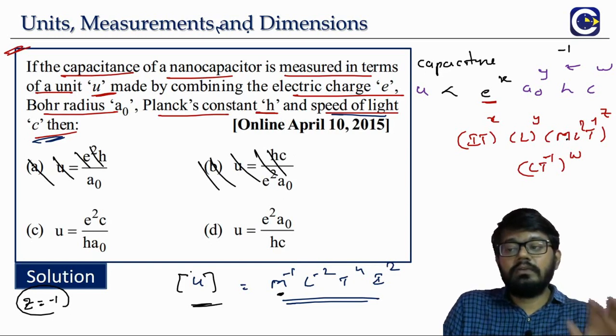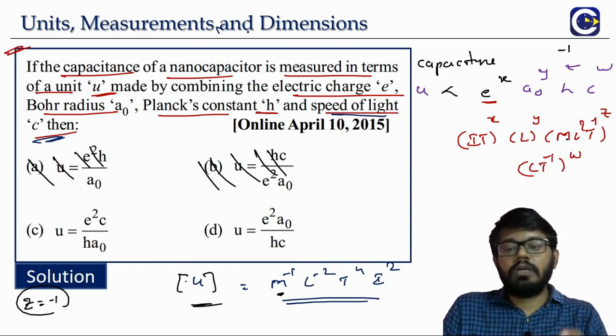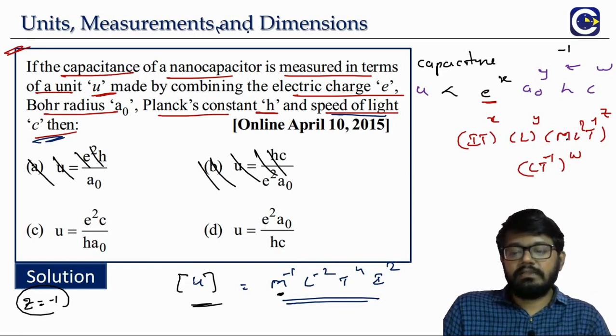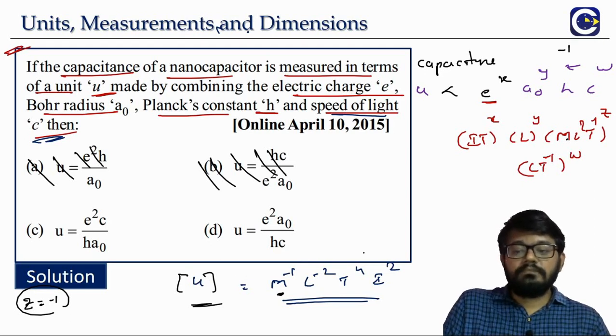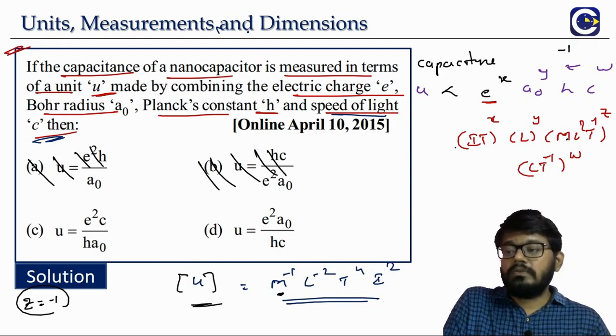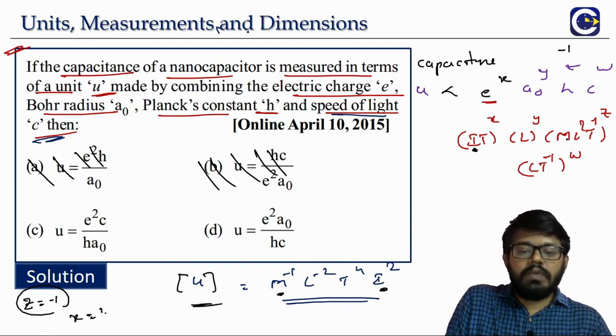Sometimes, as I told you, in these questions we can get the answer without solving for all the variables. Even if we are able to find one or two quantities, we will be able to arrive at the answer straight away. Then there is one more quantity that comes only once. I is coming only in one term, that is I power x. On the left side, what is the power of I? 2. So if you equate the powers of I, the x value will be equal to 2.